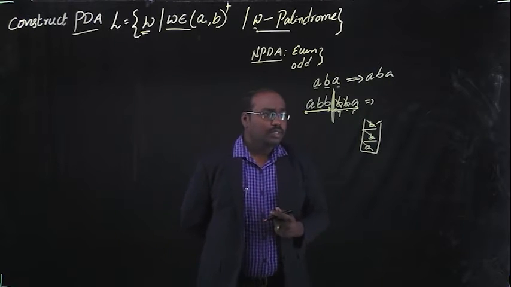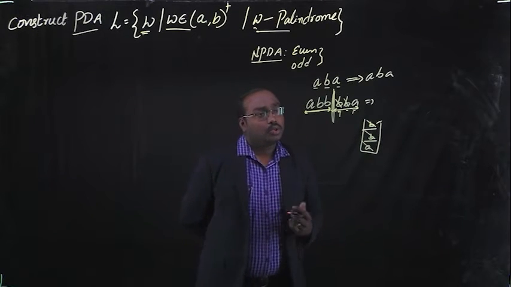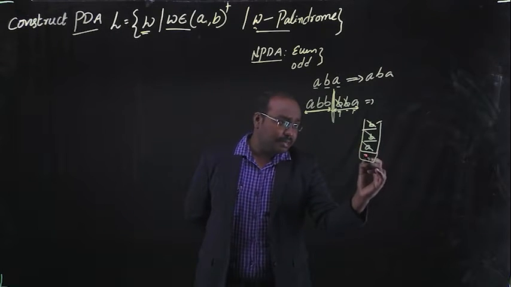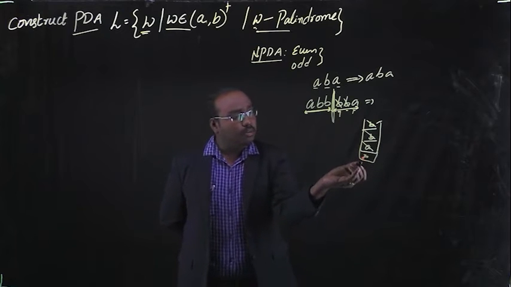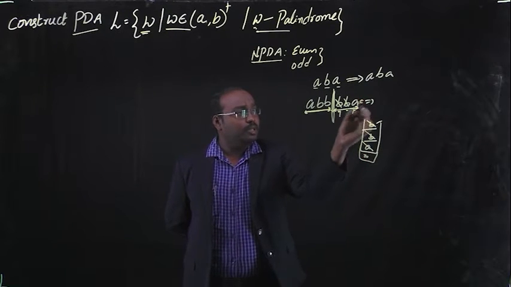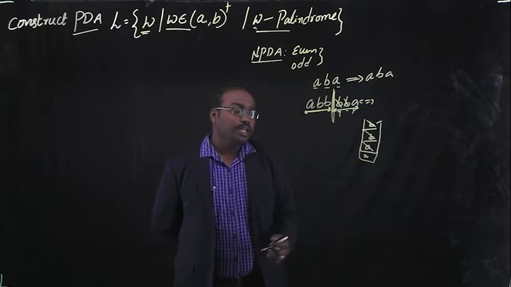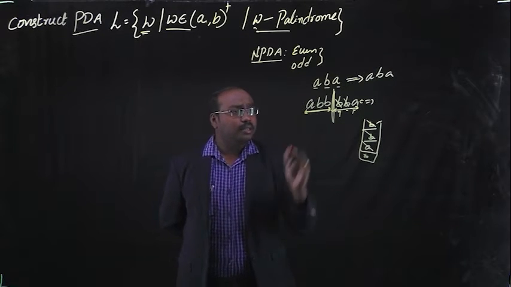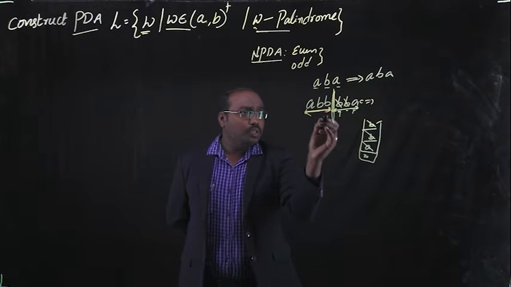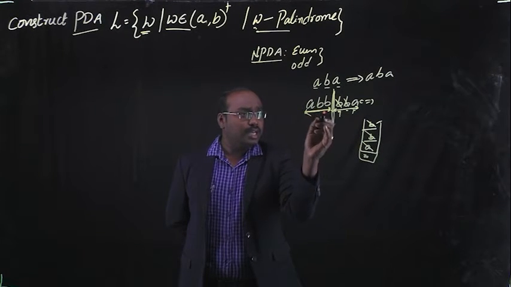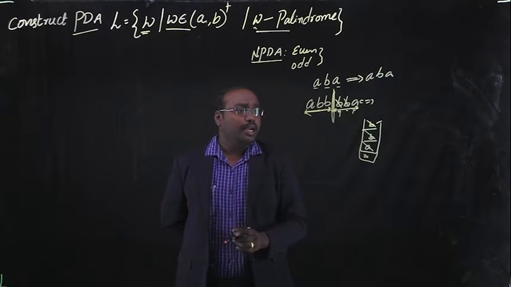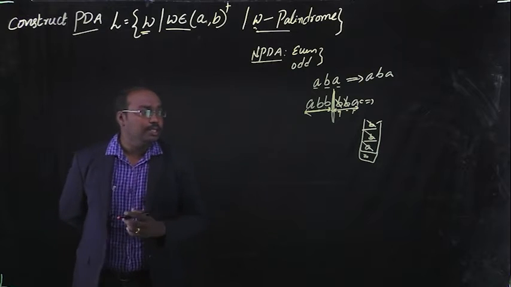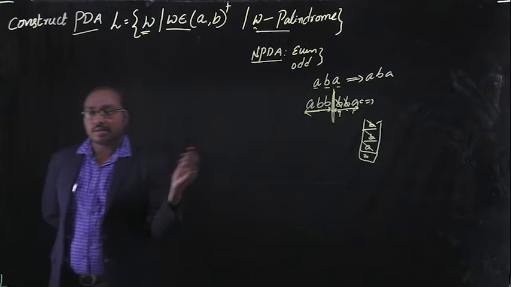Here we are giving two states. By default the last element is Z0. Whenever the top of the stack is Z0 and the input symbol is epsilon, the given string is accepted. So I am taking two states. In the first state, we have to push all the input elements onto the stack, that means A, B, B. Now, how do we construct a PDA for this type of language?